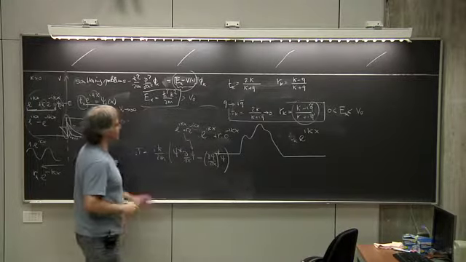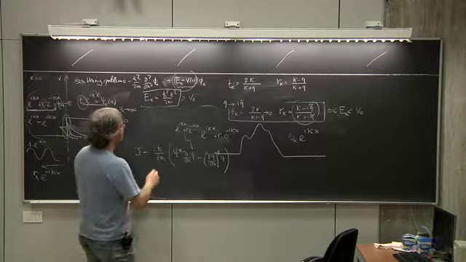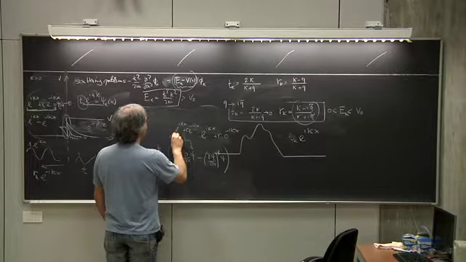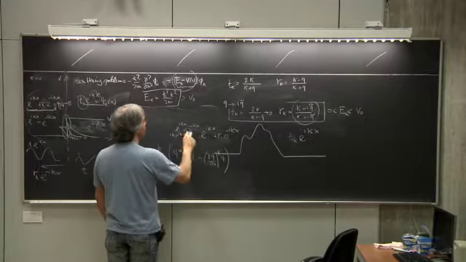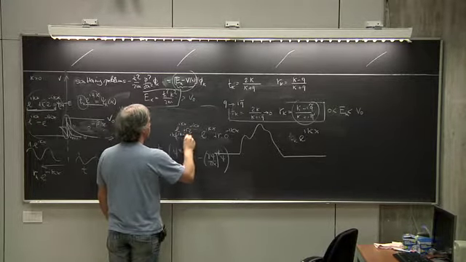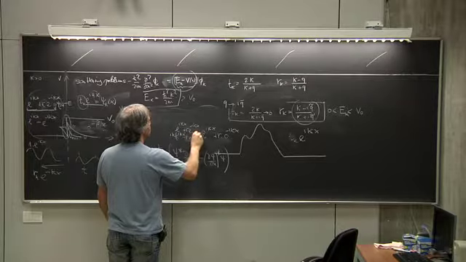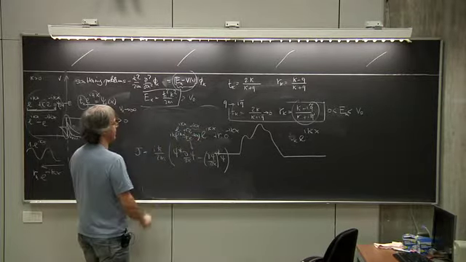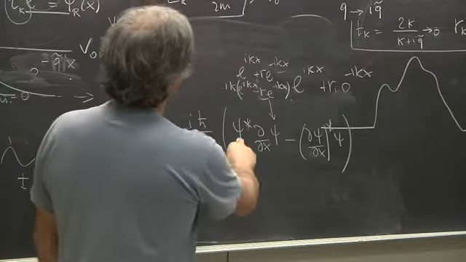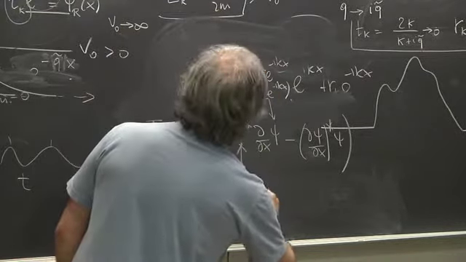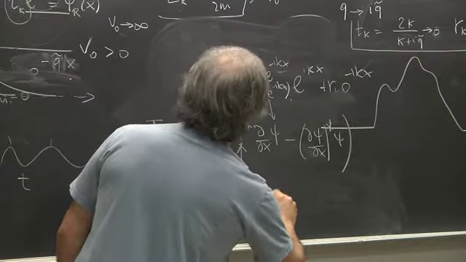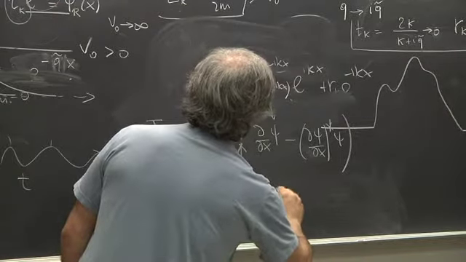I take the gradient of it. The gradient is ik e to the i k x, and here is minus ikr, so minus ikr e to the minus i k x. So this is the gradient. Here, this is the star of that, so it is e to the minus i k x plus r star